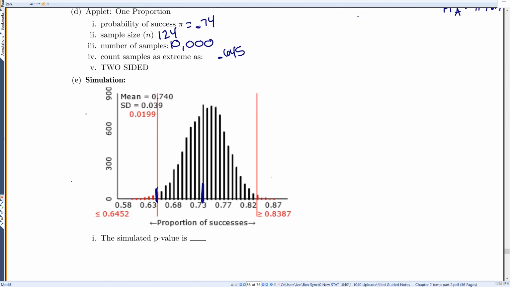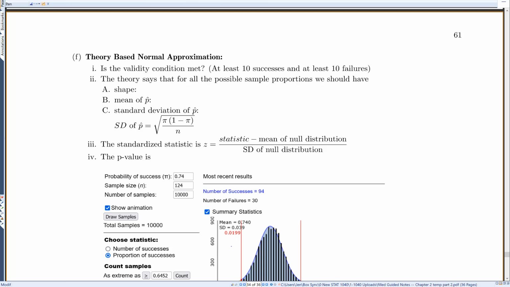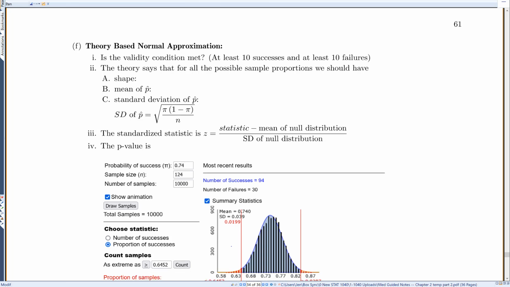And so now I can look at this and tell you that my simulated p-value is 0.0199. Okay. So that was our old approach, our simulation-based approach, but now we're going to tell you how to do the theory-based normal approximation. So first we have to check, is the validity condition met? That means we have to have at least 10 successes and 10 failures. So in this case, we had,